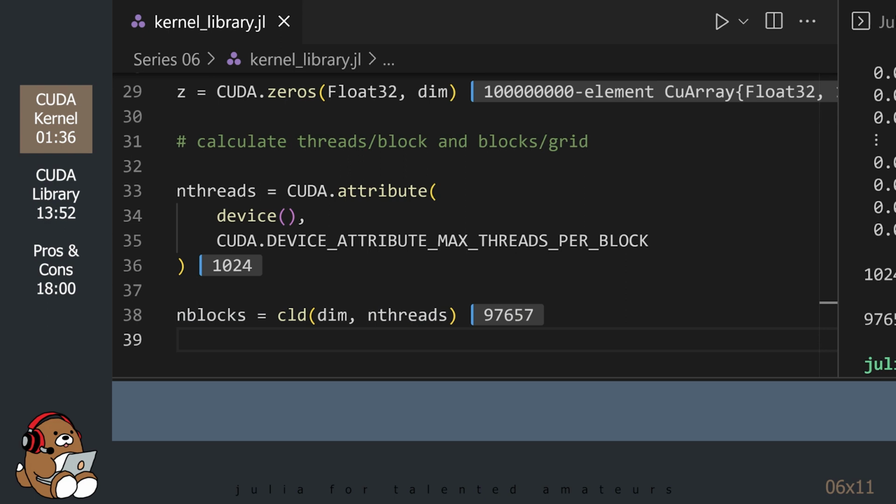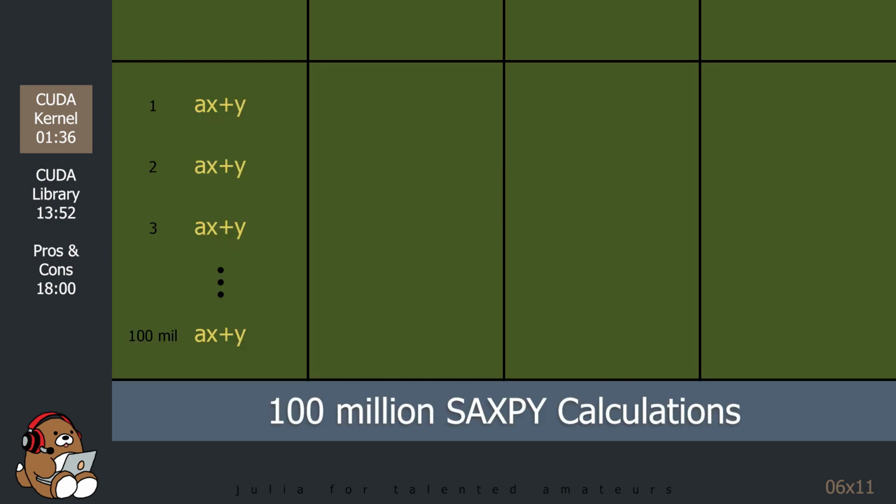This isn't complicated math, but it can be confusing the first time you see it, so let's take a look at a visual. Since our dimension variable is equal to 100 million, that means that our task is to calculate Saxby 100 million times. Although our GPU is very powerful, it cannot handle 100 million tasks simultaneously, so these tasks need to be broken down into smaller batches.